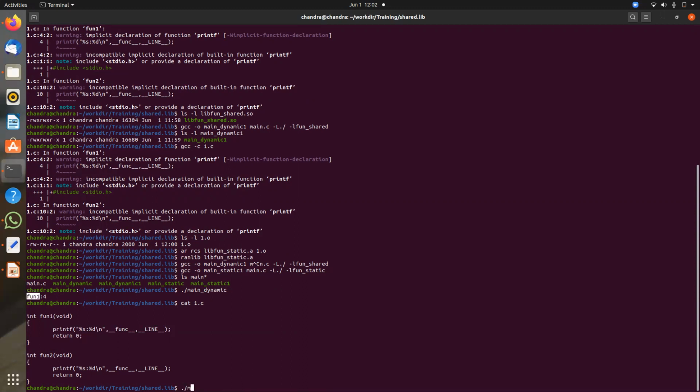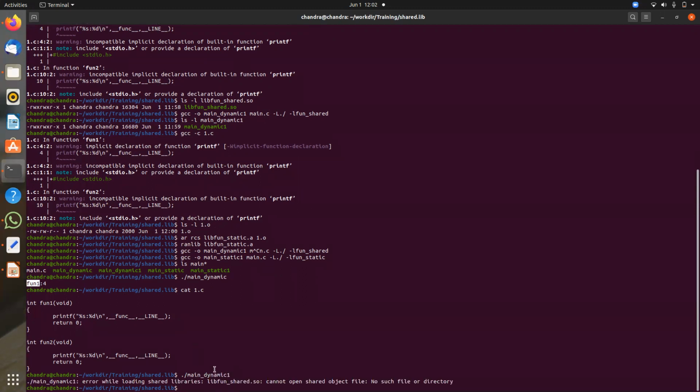Now main_dynamic1 says libfun_shared.so doesn't exist, because there are some standard paths, and since the library is not in a standard directory, it says it is not found.